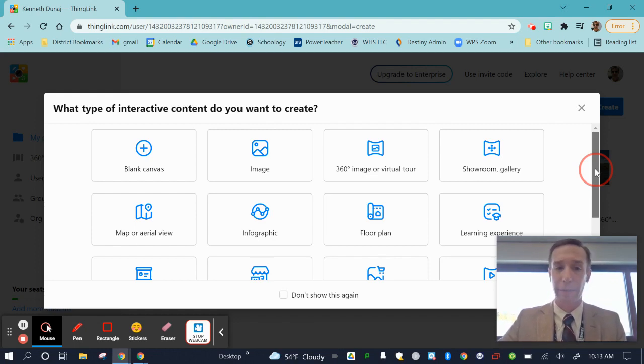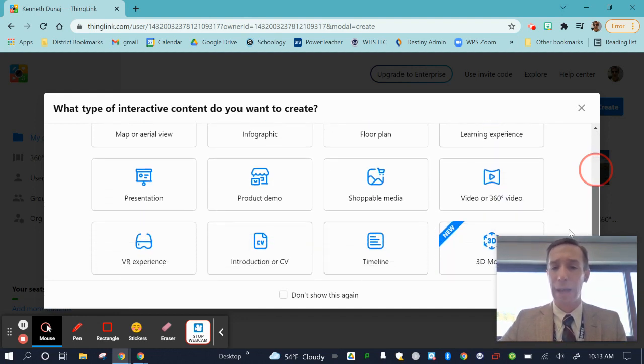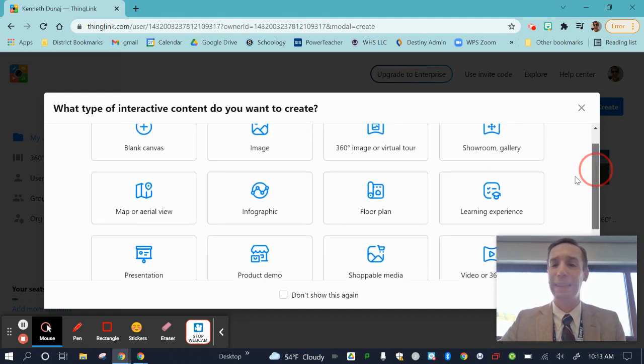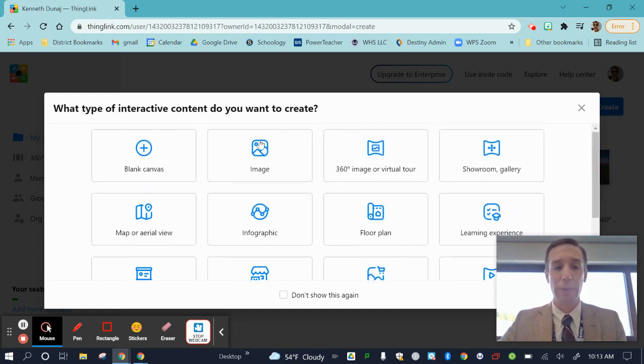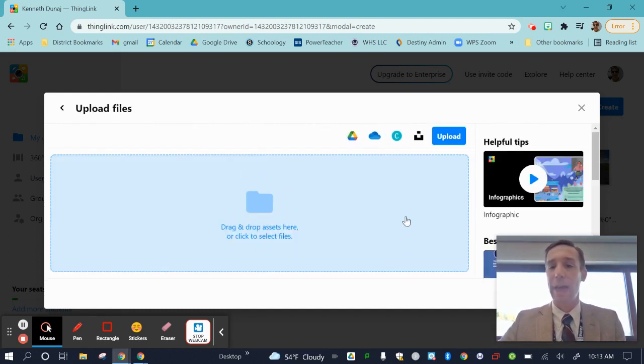So you're going to see things from a blank canvas, from a map, a presentation, a timeline, a 3D model, a 360 video. So you really need to think about what you want to produce. You would then click on one of the items. So let's say if I was doing an infographic, I'm going to click on infographic,